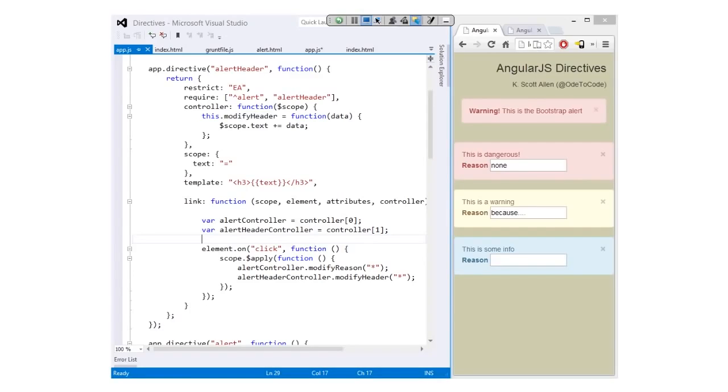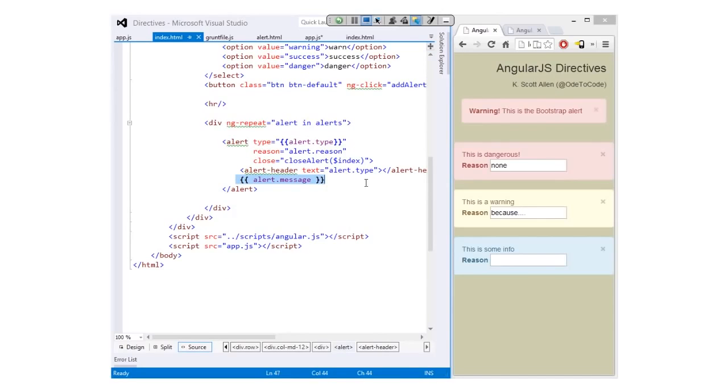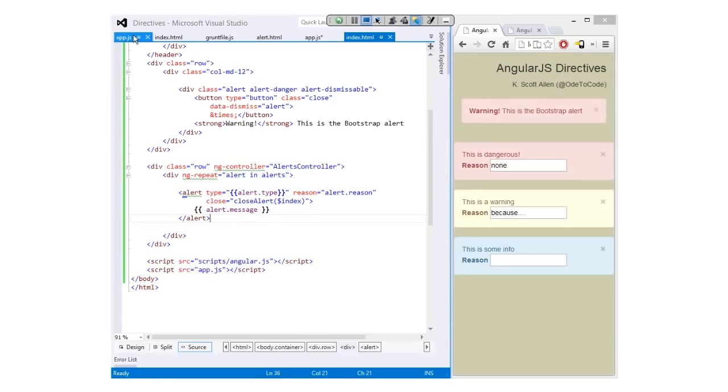A couple questions about transclude, I think. How am I using ng-transclude? Just to review that real quick, I can say that my directive is going to do some transclusion. The whole idea of transclusion is I want the ability to take some content that someone is placing inside of my directive, like this alert.message binding. I want the ability to take that and lift it out of this area of the markup and actually get it into my template. And I can do that